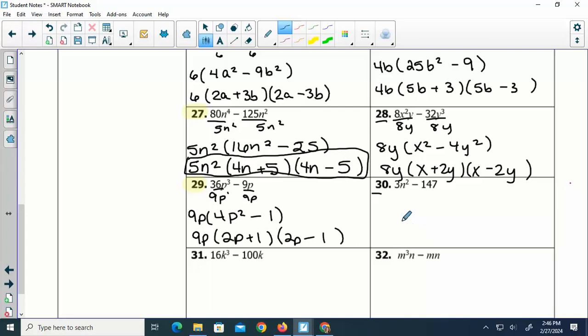30, what are those divisible by? 3. So we take out the 3, so that's n squared minus 49. So n squared breaks into n. Square root of 49. 7. So plus 7 minus 7. Okay, so you have the hand